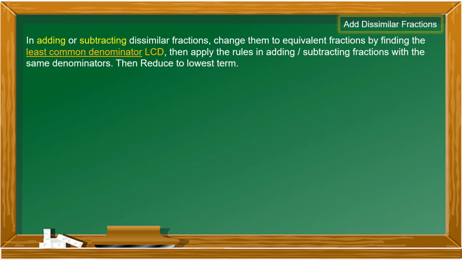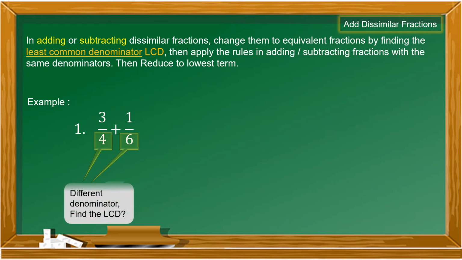In adding or subtracting dissimilar fractions, change them to equivalent fractions by finding the least common denominator or LCD, then apply the rules in adding or subtracting fractions with the same denominators. Then reduce to lowest term. Example number 1: 3/4 plus 1/6 is equal to, so they have different denominators, so you're going to find the